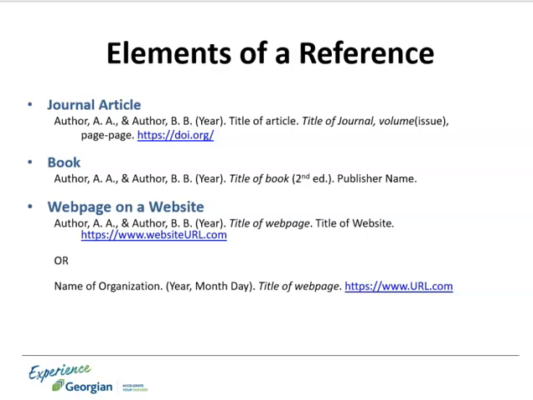This is followed by the volume number, which is also italicized. However, this is where the italics stop. Without adding a space after the volume, you want to put the issue number in parentheses. Then there is a comma, a range of page numbers for the article, then a period, and finally the URL or DOI for the article.